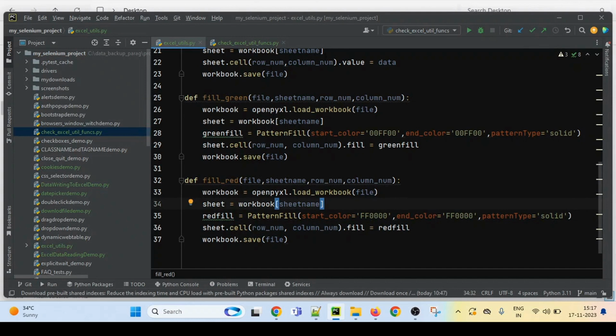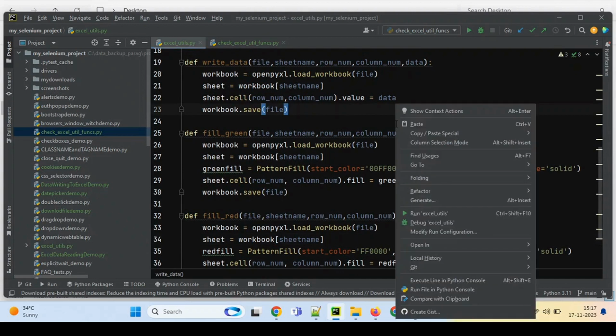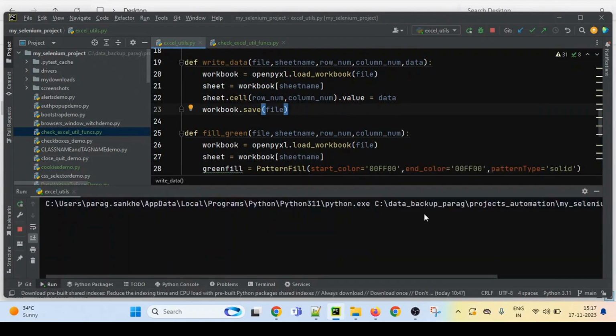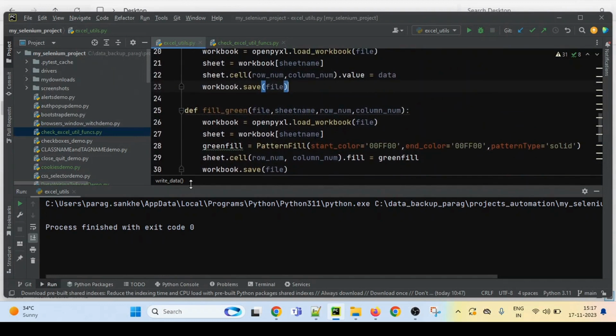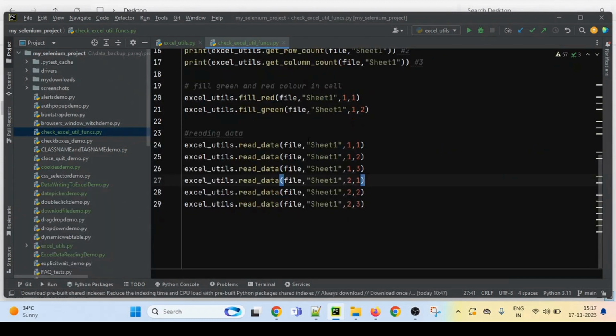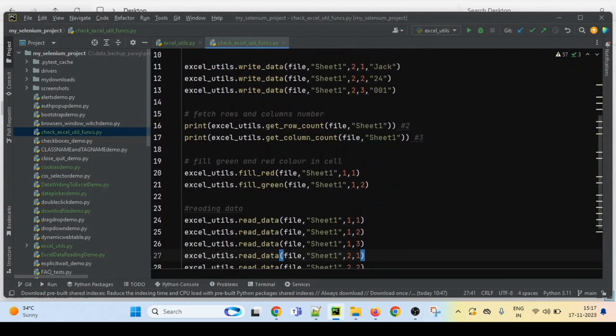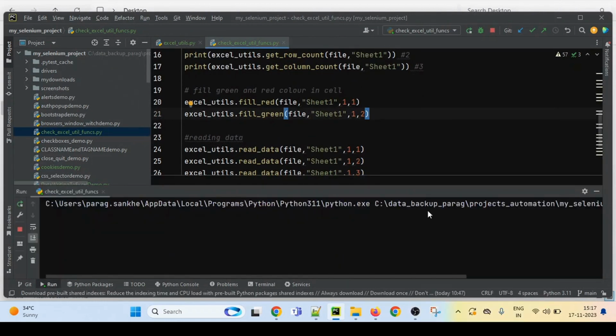And now let's execute this file. So when we execute this file, let's see the output. If you see, we are not able to see any output because we have executed this .py file. We have to execute which file? So this file we have to execute. So this is the file which we have used to invoke the functions from excelutils.py file. So now let's execute this file and let's see whether it performs all the operations or not.